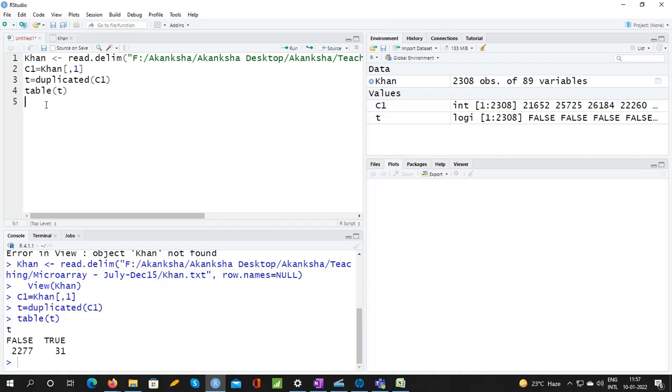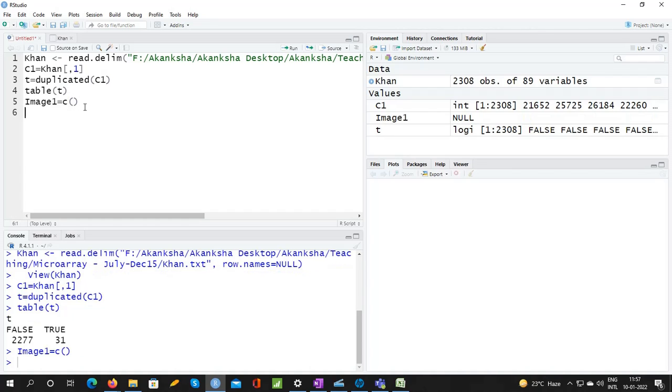Now take one vector that is image ID, some kind of new image ID, something like that. This is image one. It is a vector, C braces are closed. No, you are defining it as a vector, okay. Then for i in 1 to length of t,